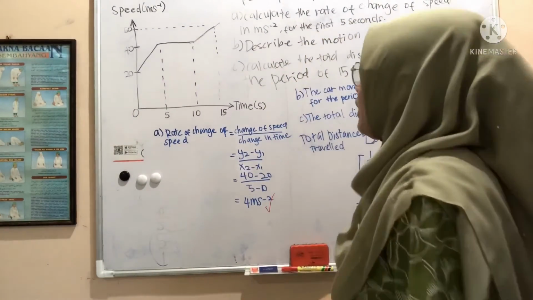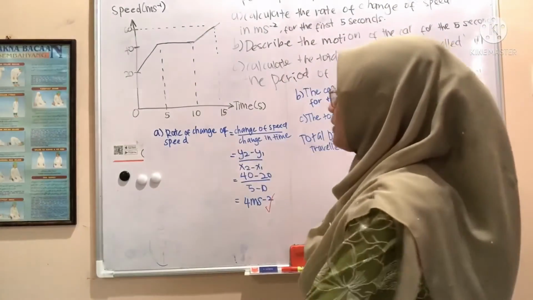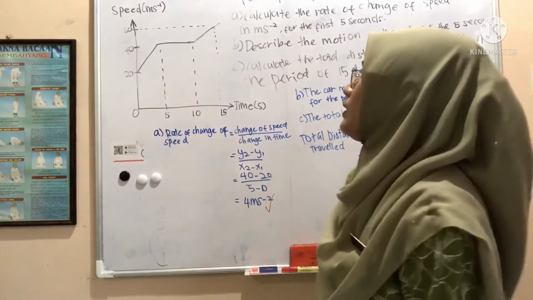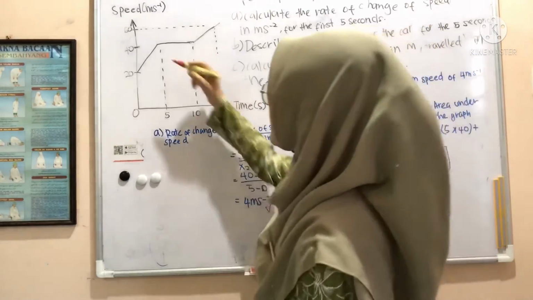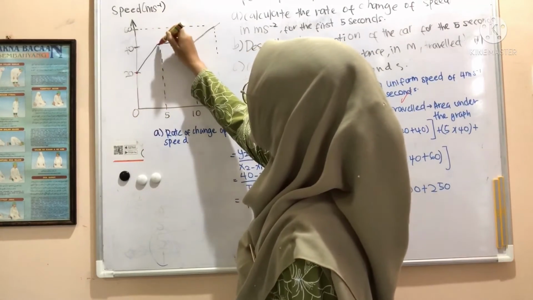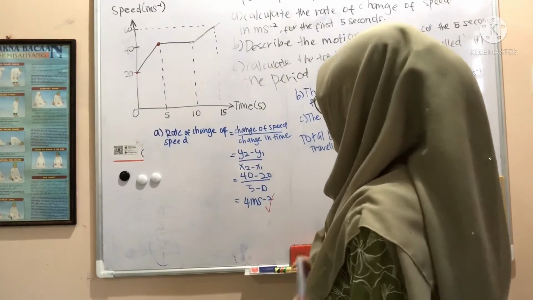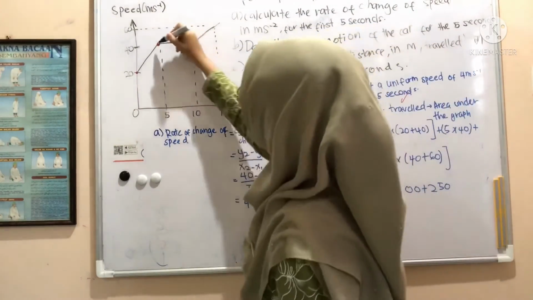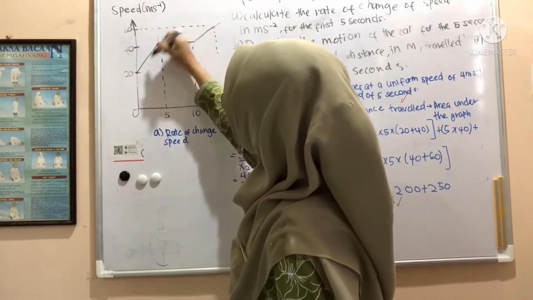Okay, for the first question, calculate the rate of change of speed in ms for the first 5 seconds. So the 5 seconds is from the initial point, the origin, until this 5 second time. The motion that we want to calculate is this line from this point at 20 and this point at 5 and 40. So I will label the coordinate first. The coordinate is 5, 40, and this is